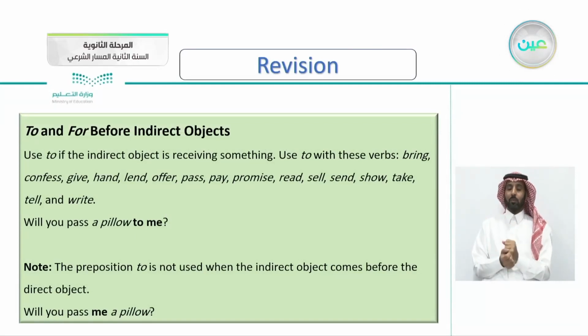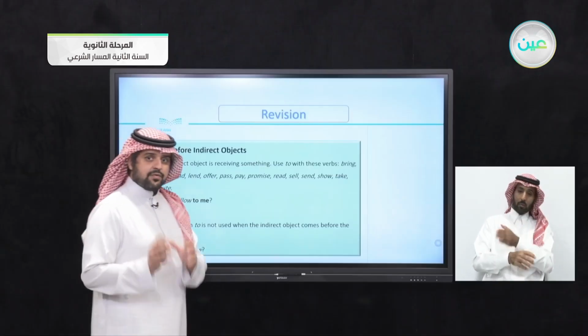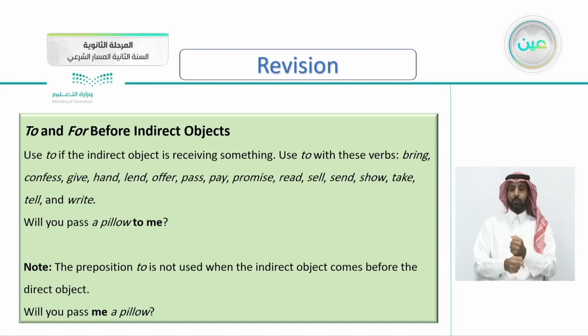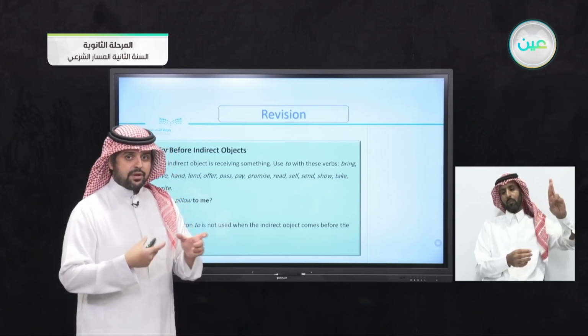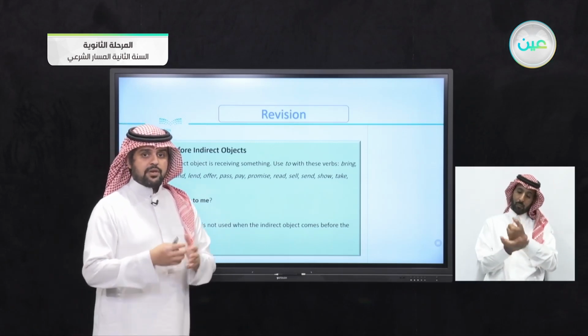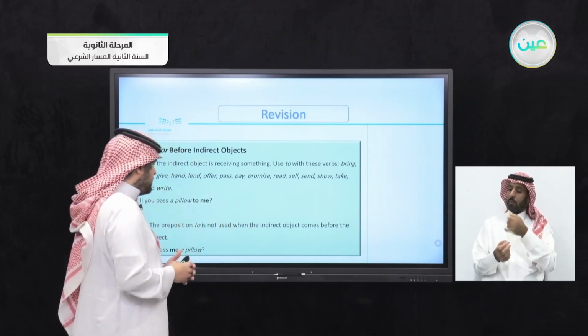Also, we took to and for before indirect objects. So now we know that to and for come just before indirect objects. We use to if the indirect object is receiving something. With to, we use verbs like bring, confess, give, hand, lend, offer, and etc. For example, will you pass a pillow to me? Note the preposition to is not used when the indirect object comes before the direct object. So if the indirect object comes before the direct, we omit the preposition,